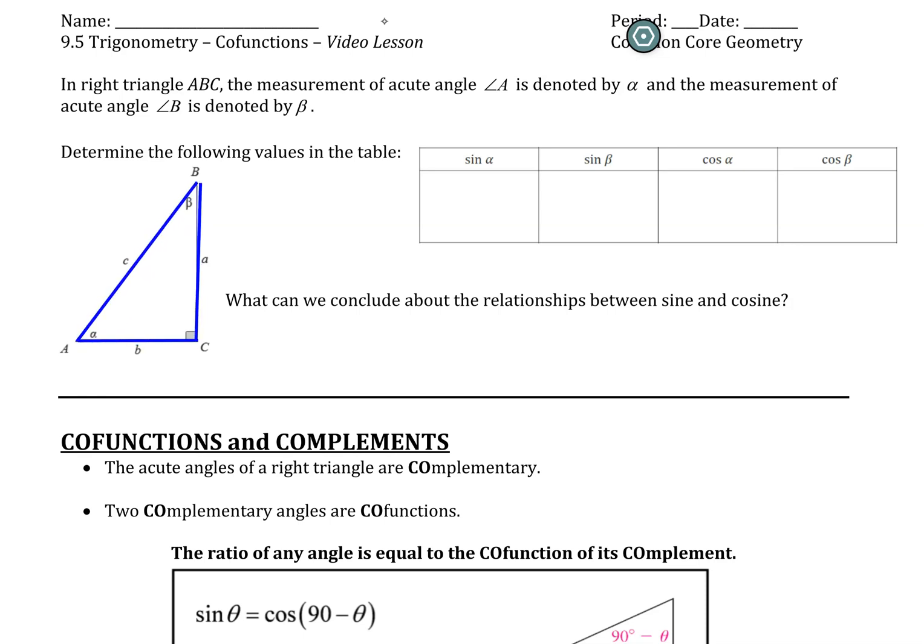This diagram is labeled little a, little b, little c to represent the lengths of those sides with respect to those angles A and angle B. And as you can see here, C is our 90-degree angle. So we've got our hypotenuse at C, we've got our legs at A and B. So the question states here,